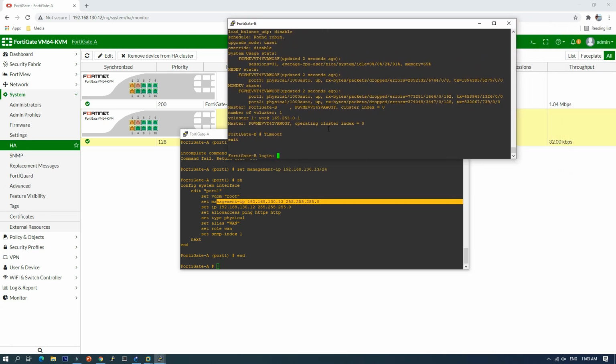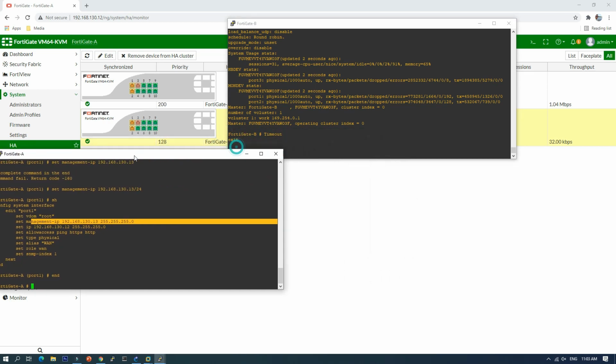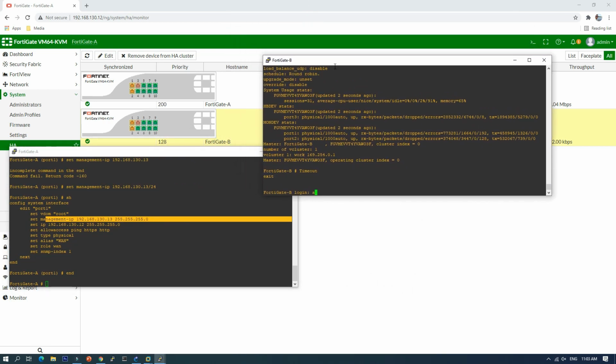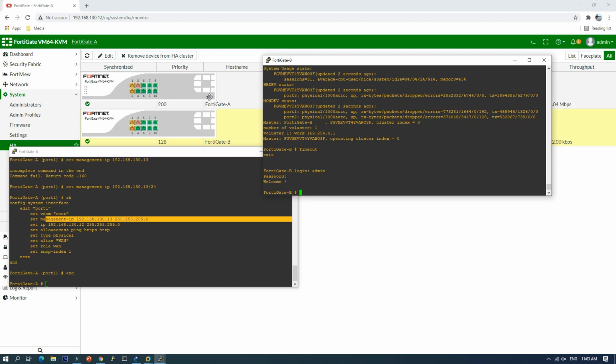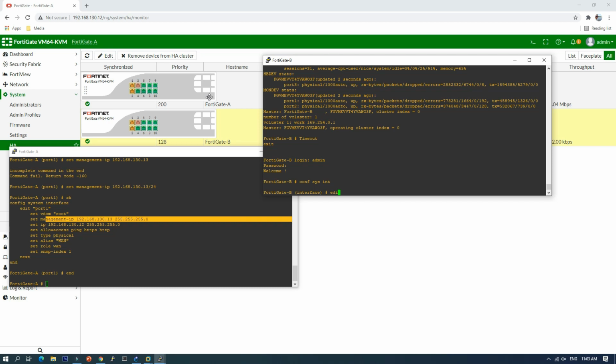FortiGate B, login as admin, password, and then config system interface, edit port 1.